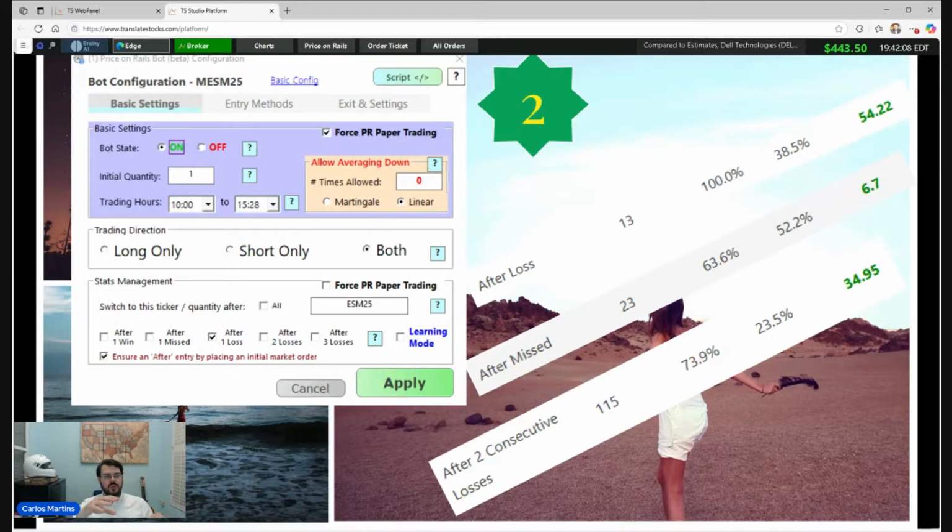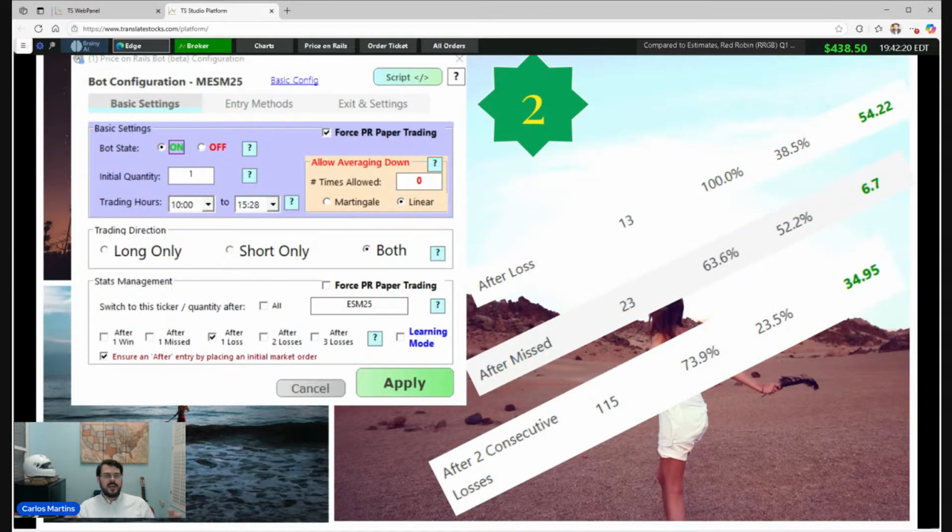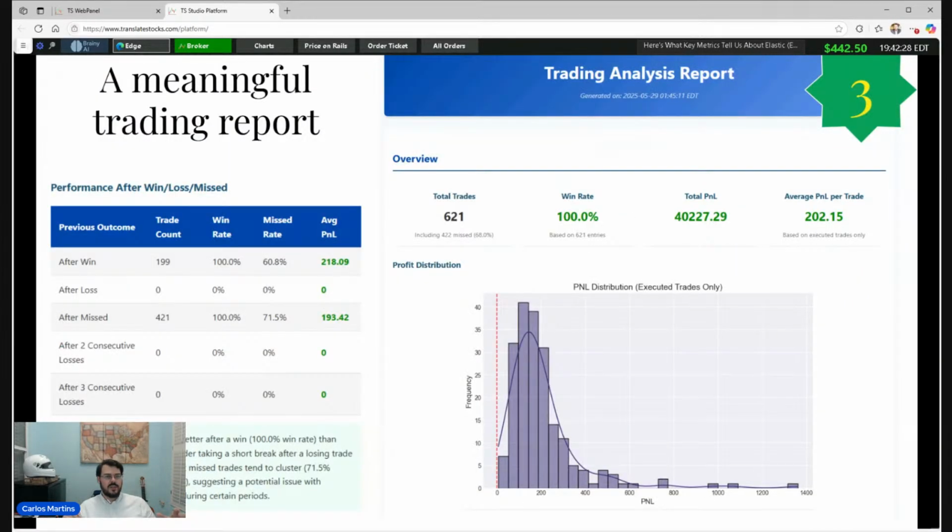And of course, I can show you how to do this. But first, I want you to understand that first we have the platform, the trading platform, our car. Then we have our road, our rails, the rules that keep us on track. And last but not least, we have the reports, the maps. What's going on with these trades that I'm doing here?